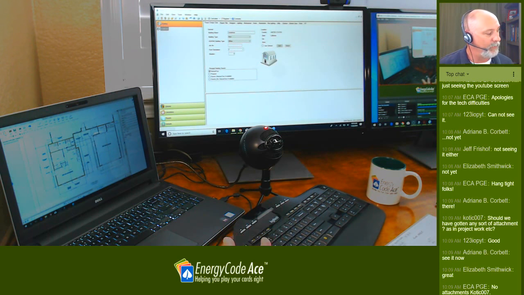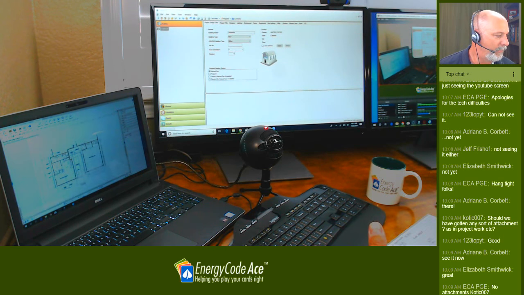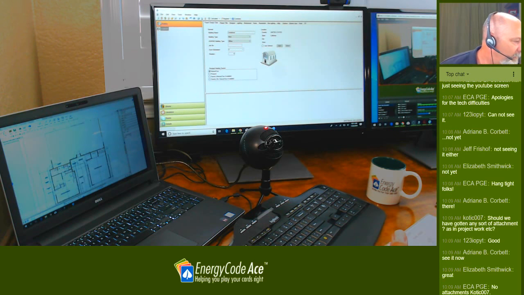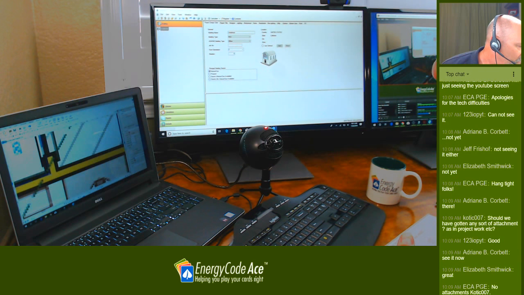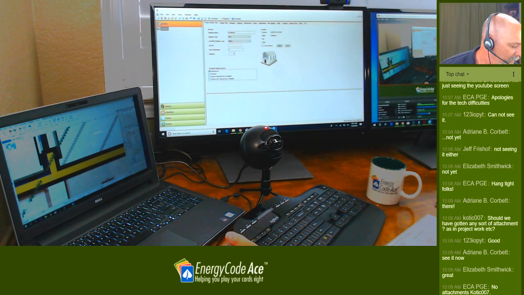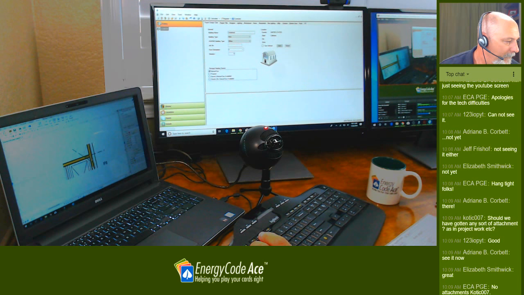So if we're dealing with an existing attached dwelling, what we're going to need to do is identify what the existing square footage is. So those of you not familiar with Bluebeam, I'm going to be using the area tool here and zooming in and figuring out what my area is on an existing house. So you can see I'm just snapping to endpoints here. This is going to give me an area. I've already calibrated this particular PDF file, so I don't need to worry too much about